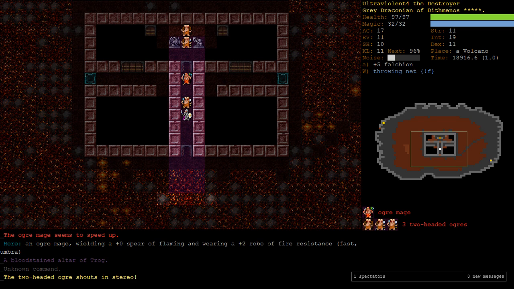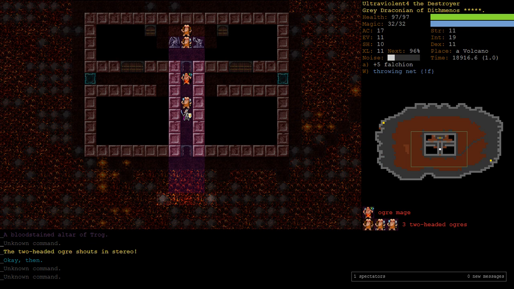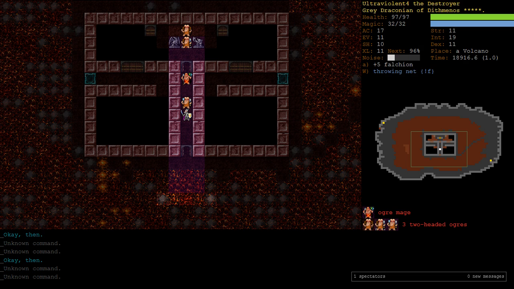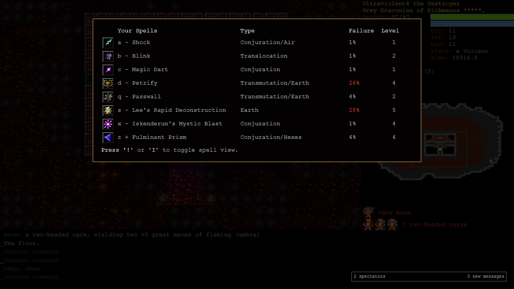Oh god, alright, well we might need a bail out of this. How do we deal with this? We have 9 teleportation scrolls, so I guess if he hastes the double-headed ogre, we can teleport away. But how do we do this? As in, how can we fight this? We've got 5 potions of haste. I could haste us, and then just run away with